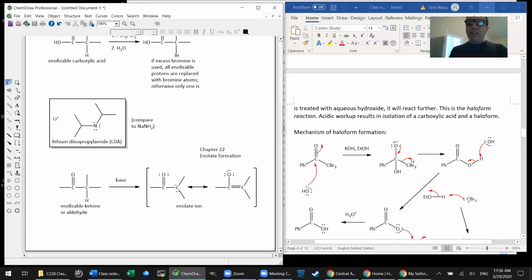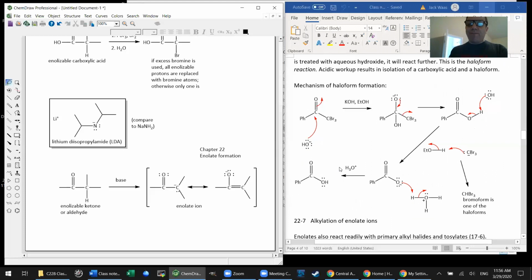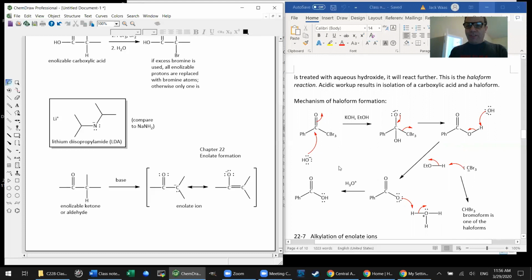But since we just talked about halogenation in the alpha position, there's one particular reaction that's special to methyl ketones. And you could imagine that if we started with acetophenone, which is phenylmethyl ketone, so in other words, CH3 instead of CBr3, if one then treated that with an excess of bromine in the presence of acetic acid, you would